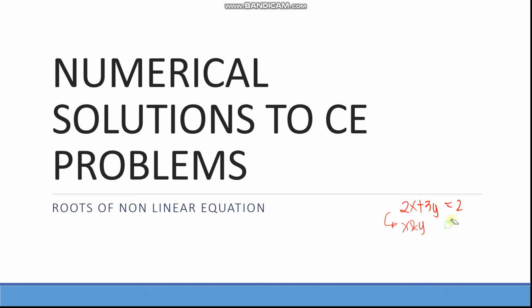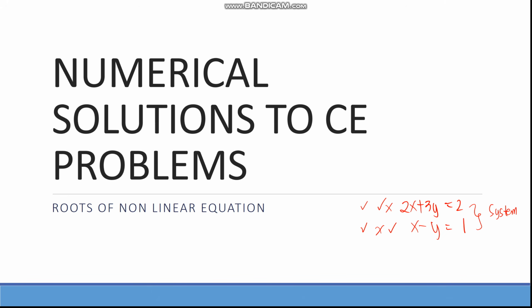Now if there are more than one equation, let's say we have an additional x minus y is equal to 1, then we already have a system of linear equations. The solution for the first equation will not always be a true solution for the second one, nor the solution of the second equation always the solution for the first. For the system of linear equations, we need to find the values of x and y that satisfy both conditions, and that will be the solution of the system of linear equations.